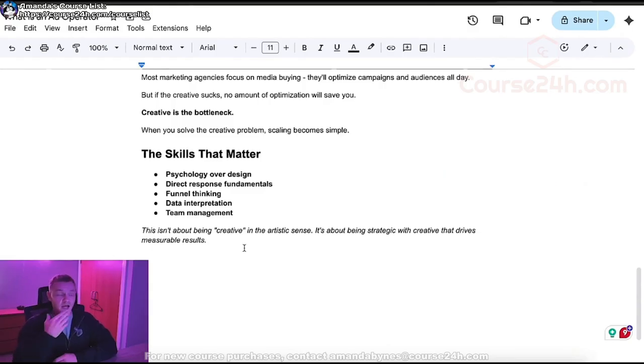All you're doing is basically looking at ads that are working and creating ads similar to those ones that are working, maybe from a competitor or in a different niche, and bringing that over to the brand that you're working with. That's all it is. You're basically just making ads for brands. It's as simple as that.